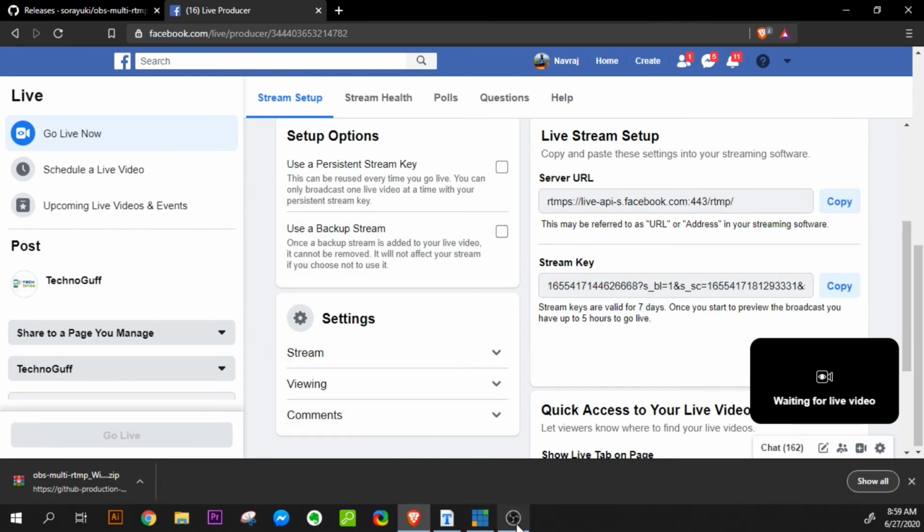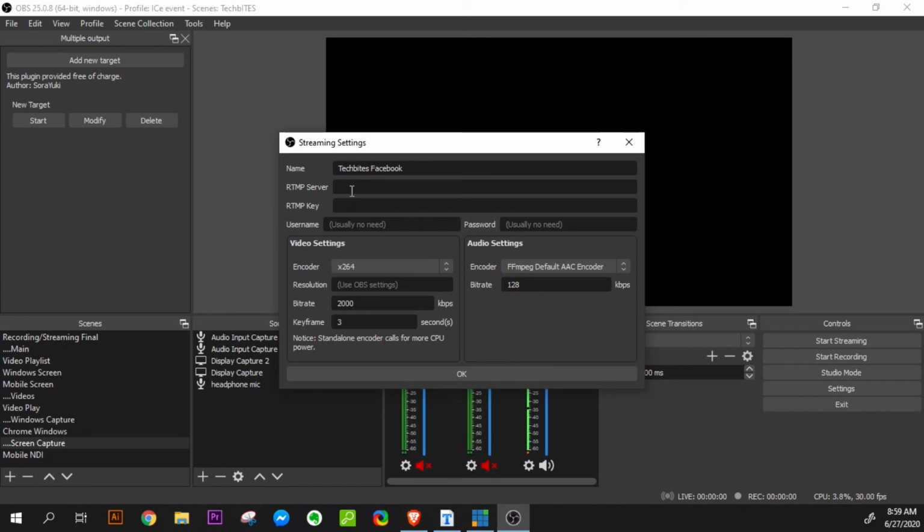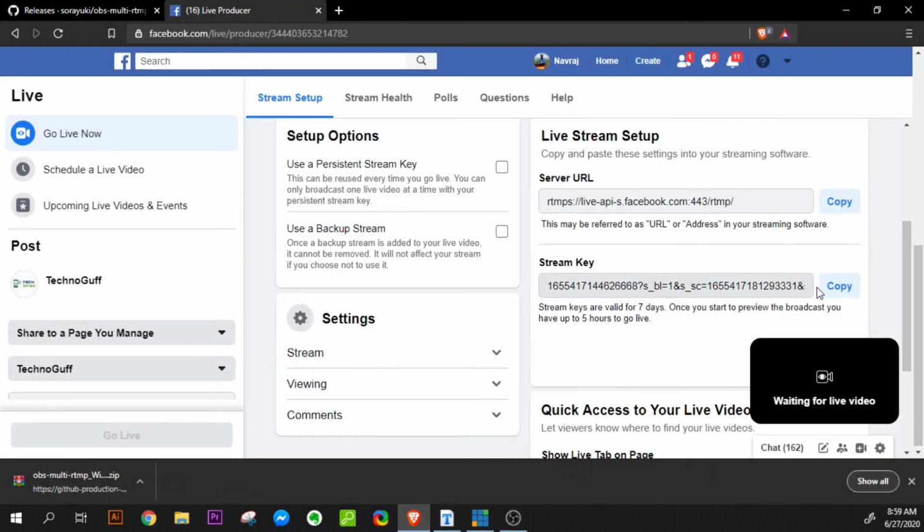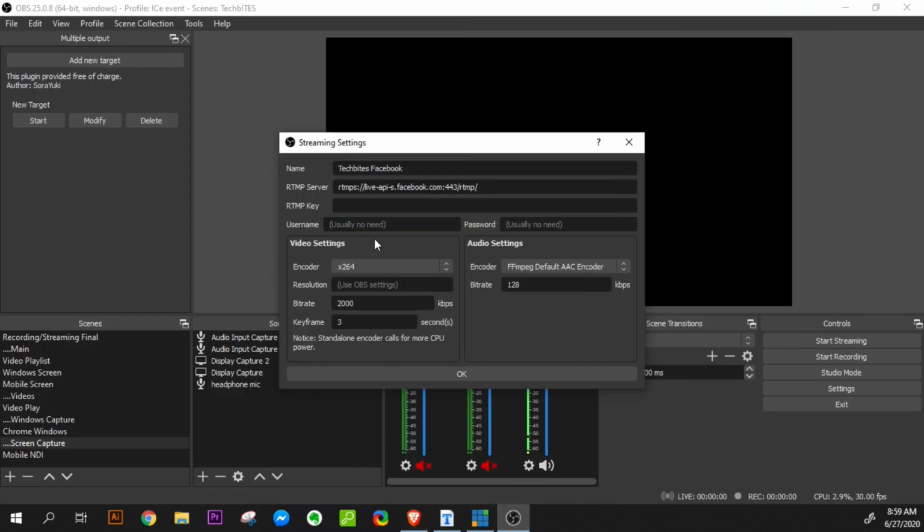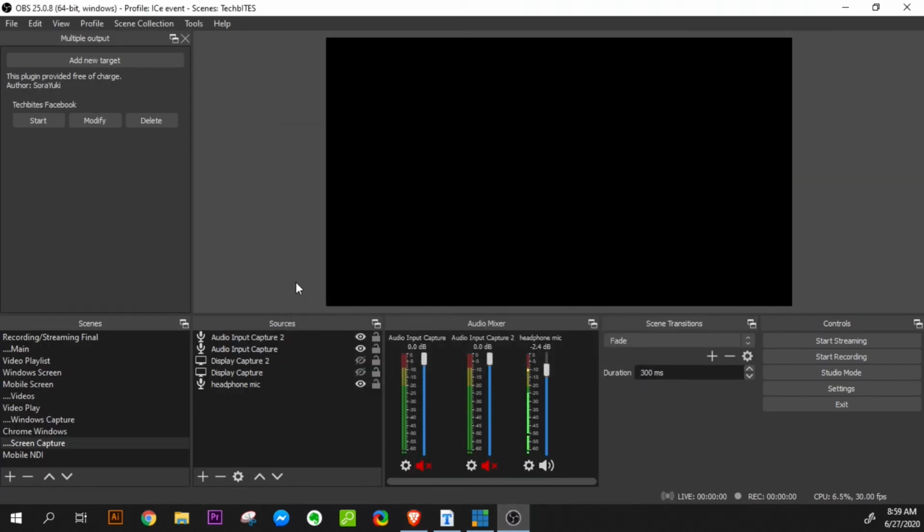Let's copy the server URL and the streaming key from our Facebook Live page and paste them into the RTMP server and then the RTMP key, and then set the video encoder as X264, and for the audio encoder let's select the FFmpeg encoder, and then click on OK.